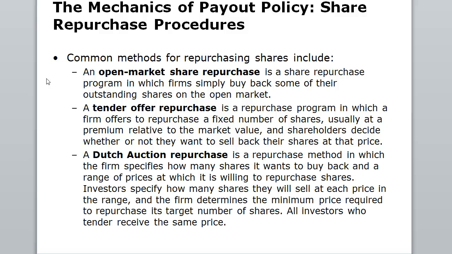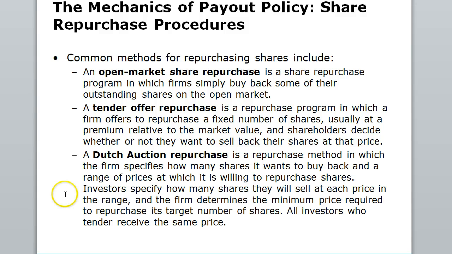They can also do a tender offer, where they basically say, we're going to repurchase stock. Say the stock's at $30 a share. We're going to repurchase 1 million shares at $31 a share. So then everybody who wants to sell can put in a proposal to sell at the premium relative to the market price, and then the shareholders decide whether or not they want to sell their stock at that price. But just generally, one benefit of this offer is it may tend to move the stock price up if the company is willing to pay for shares at a higher price than the market is currently priced at.